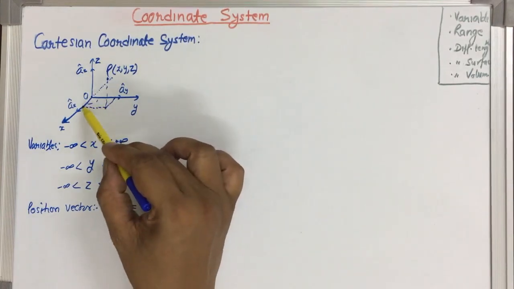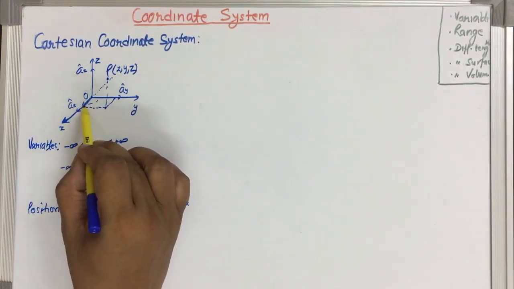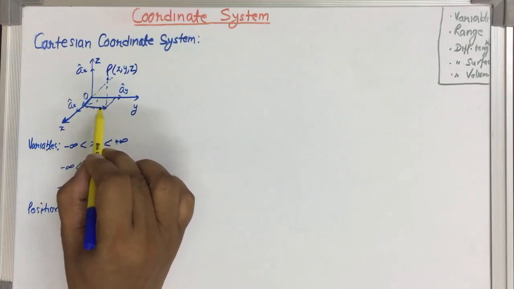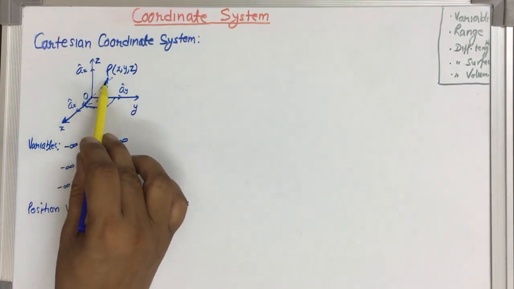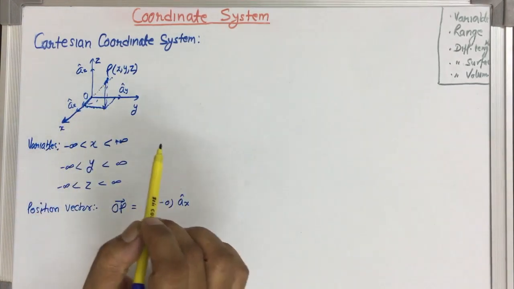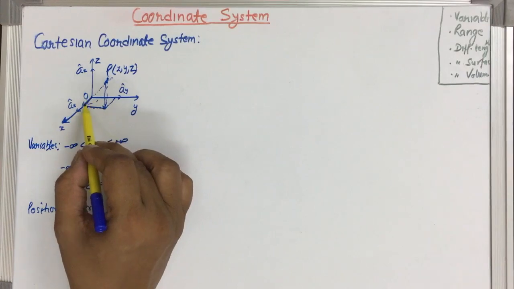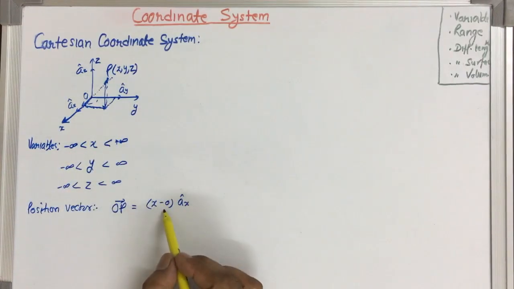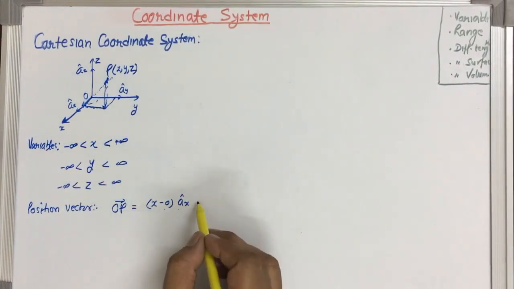So that we can say this point. This point we move in this direction up to here, then we move this direction up to here, then we move this direction up to here. So to reach this position, the point of interest, we can move in this direction. Okay, the known path is only this. So this is final x minus initial x, that is x minus 0, in the direction of x, that is ax, plus,